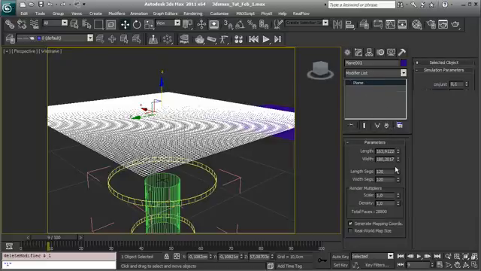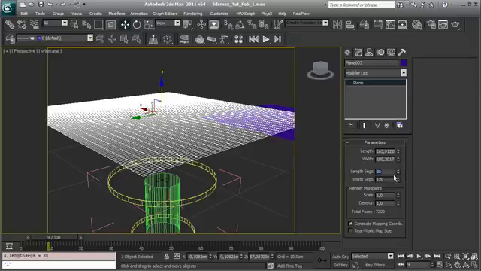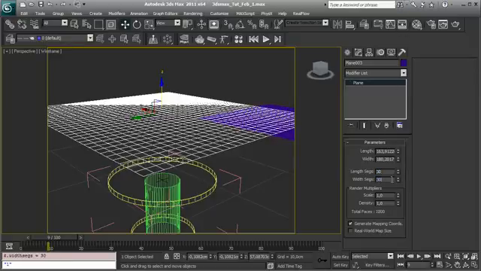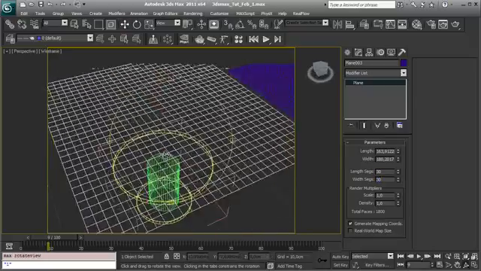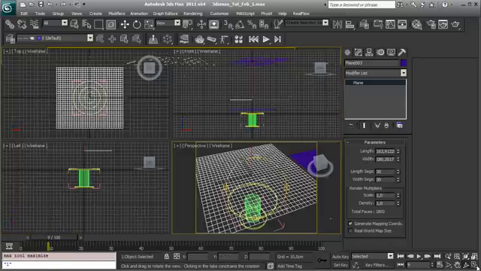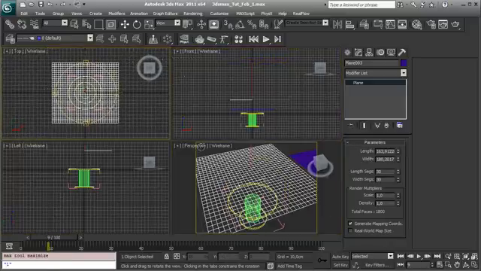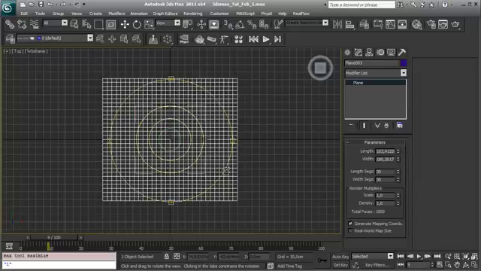Let's remove the cloth and let's say for the moment 30 and 30. You see that we are using this kind of faces, the quad faces, but a cloth simulator prefers to use a different